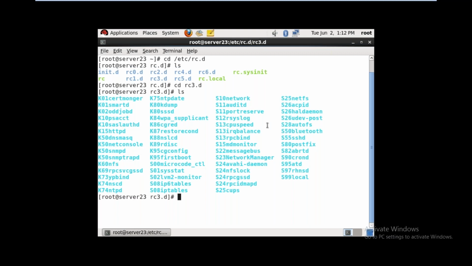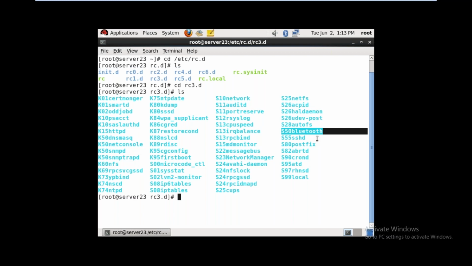In some scenarios, in interviews they will ask a question. For example, I have a Bluetooth script, but my server is a database server. This Bluetooth is not useful for me, but while booting, it takes more time to boot the operating system. Whatever unnecessary services are there, I don't want to run those services at the time of booting. So how do we stop those services permanently?